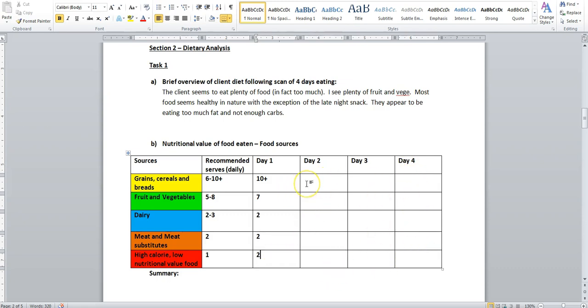Now I'm not looking for perfection here, I'm looking for estimates, and it should be fairly clear at the end of the process, if you do it thoroughly, how the person's eating and how they're going in terms of these serves. And what you'll see if you run along the lines is you should be able to give a summary to me here. So if I was summarising day 1, whereas you can actually summarise all 4 days together here, I'd be stating something like eats plenty of grains and cereals